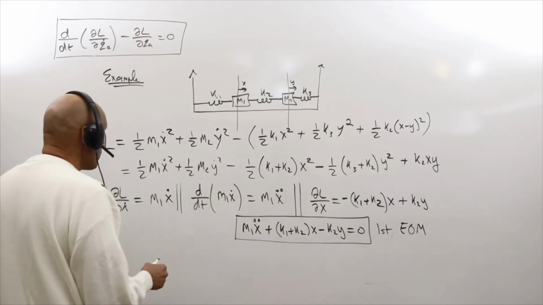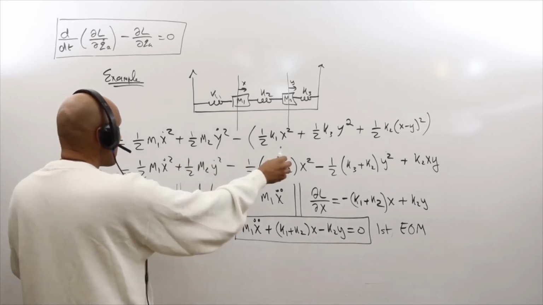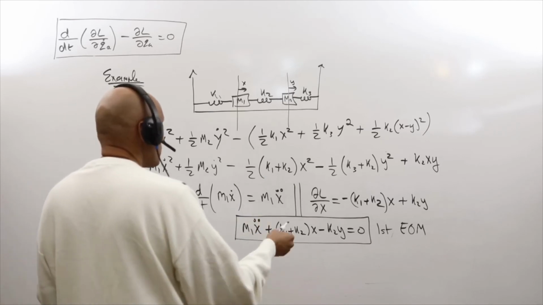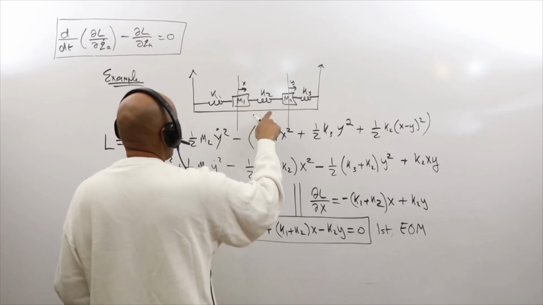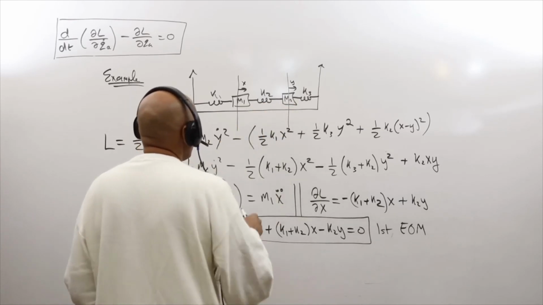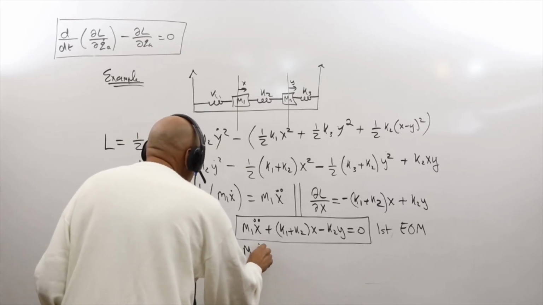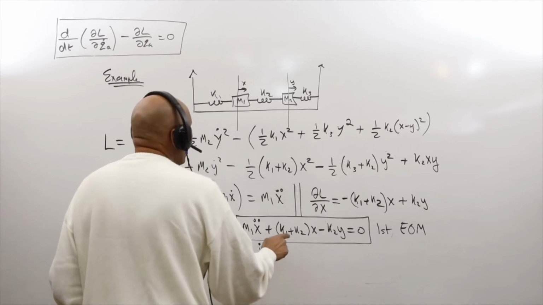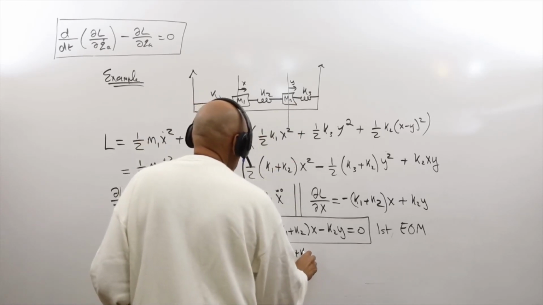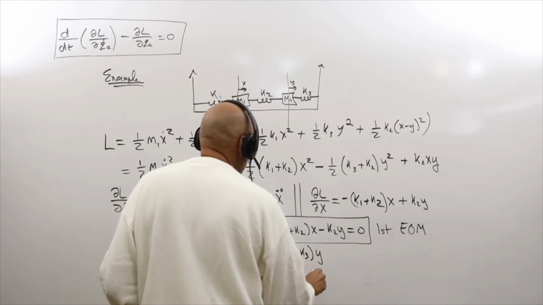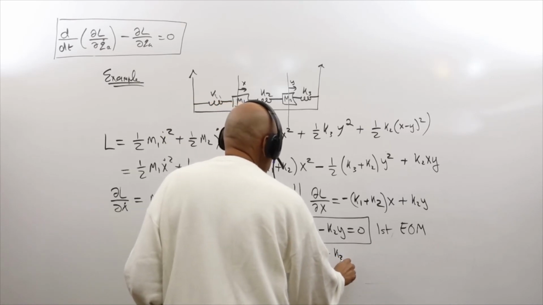Our second equation, we can repeat this whole process over again, and I won't go through it because it's symmetrical, so we should just analyze this in terms of symmetry. X's and Y's are exactly the same, we just have to swap the values of K3 for K1. So where would we be? So we'd get M2 Y double dot plus, there's a K2 here and there's a K3 here, so we're expecting a K2 plus K3 times Y minus K2Y, so we're expecting K2 to be the same,